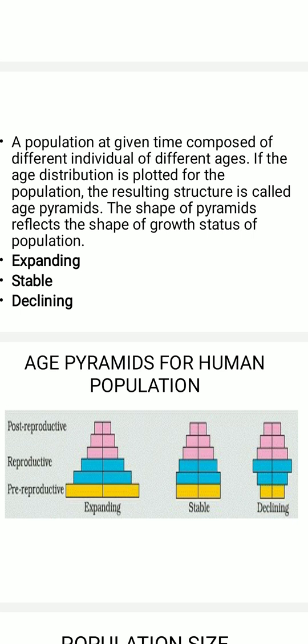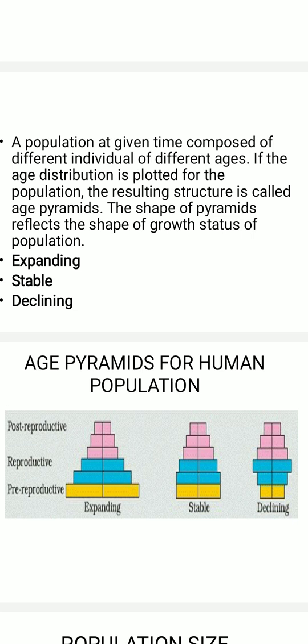And compared with these two, another type of age pyramid in the human population you observe here is the declining population, where the number of individuals in the reproductive period is more than that of the pre-reproductive and post-reproductive period, that is old age people. And you can observe clearly here, post-reproductive period individuals are almost the same in all the three different kinds of age pyramids with respect to human population, and